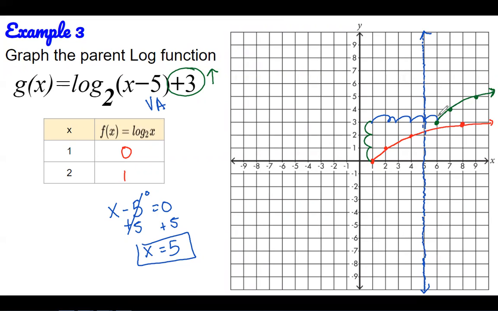1, 2, 3. So again, 1, 2, 3. And over to the right, 1, 2, 3, 4, and 5. My next one is up 3, 1, 2, and 3. And then to my right, 5. 1, 2, 3, 4, and 5. So each point moves up 3 and right 5. Okay, that makes sense. Make sense? Okay. Oh, but